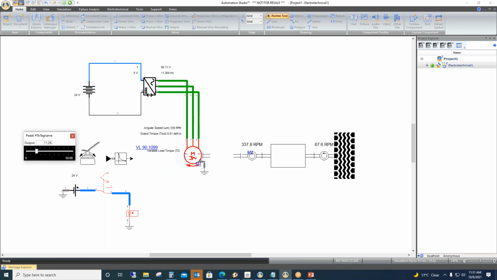Actually, sir, we are not using current here. We are just using the frequency as the speed of this motor. We are just controlling it by the frequency. Reduce the frequency, you said, sir? I was not able to reduce the frequency. Okay. Yes. So as I'm reducing the frequency, the speed will decrease.